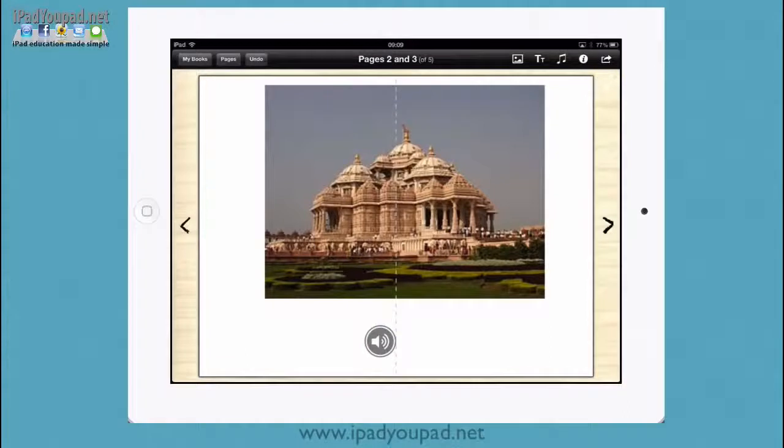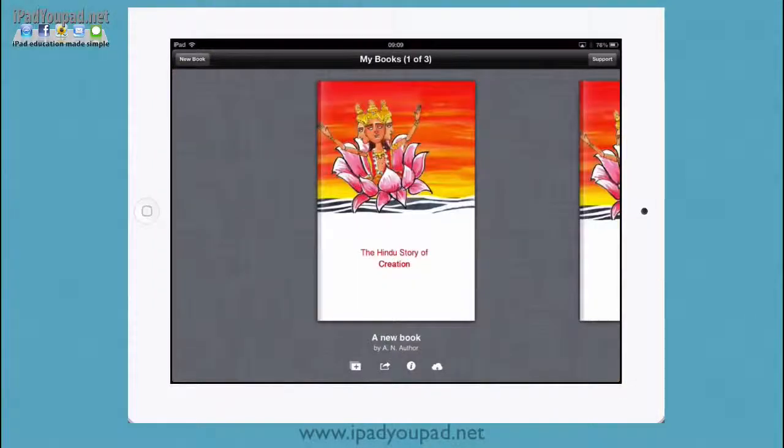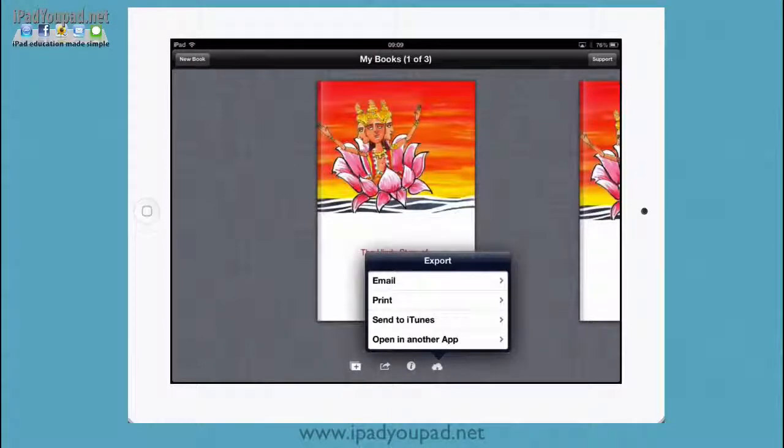Now comes the bit where we want to get the iBook onto your website so that other people can download the book itself. If we go back to my books and we look at the options, we've got a cloud option. We click on the cloud. Depending on the size of your